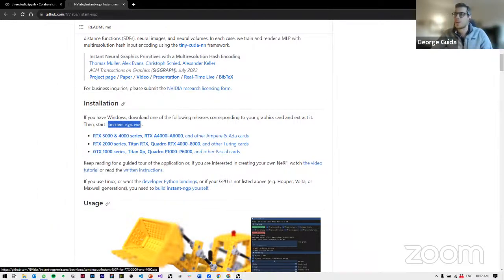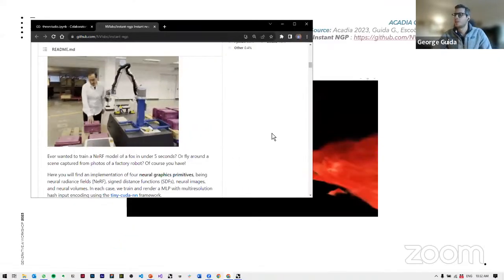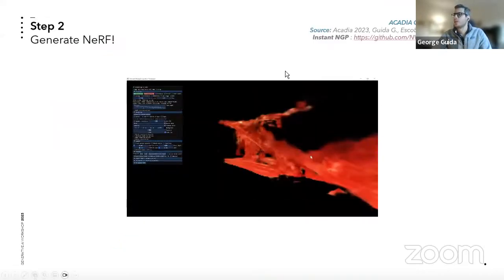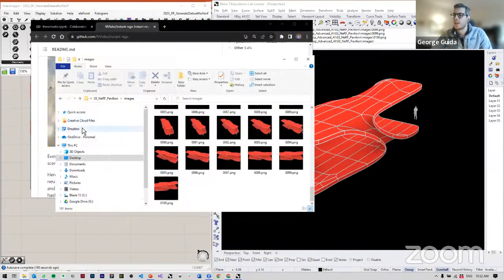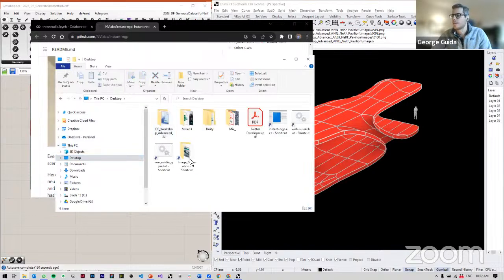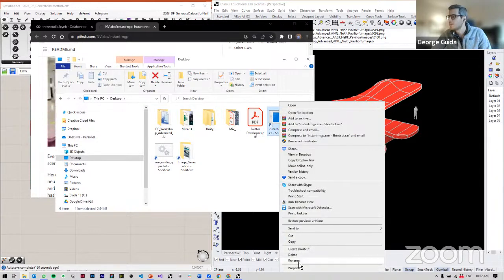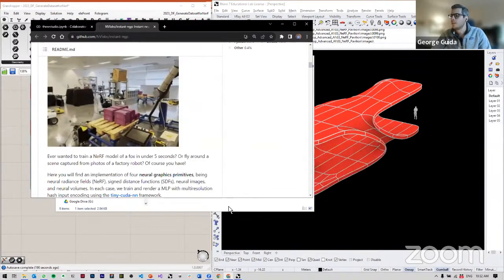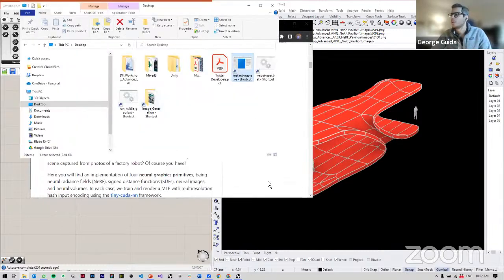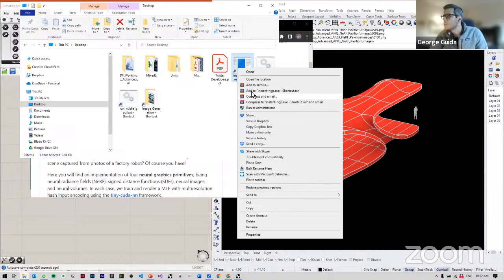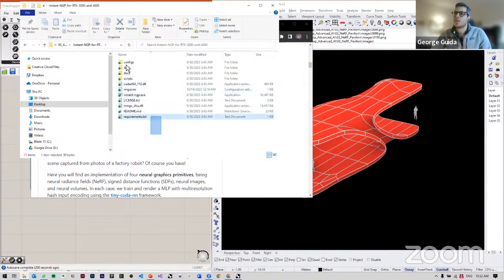Okay, so just going to close out of this. I have a shortcut on my desktop. However, what you are looking for is that exe file. Let me just preview it so that you can see. Open file location. So this is the folder, and essentially you're going for that instant-ngp exe